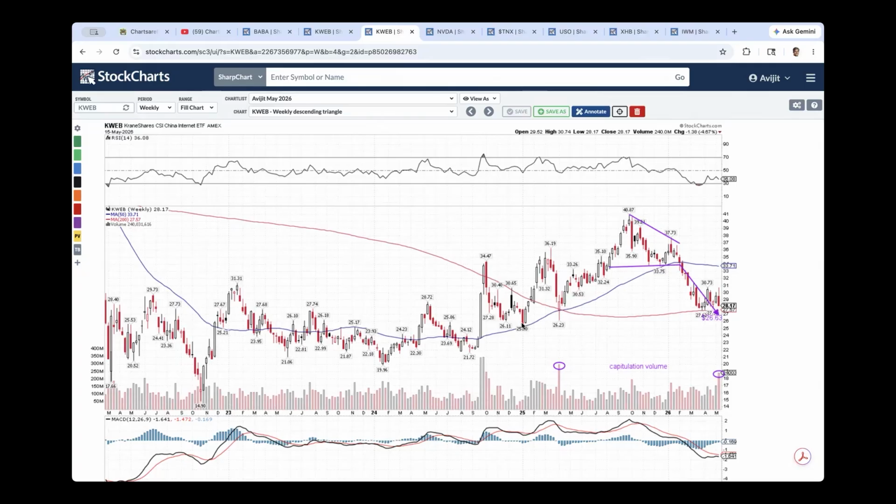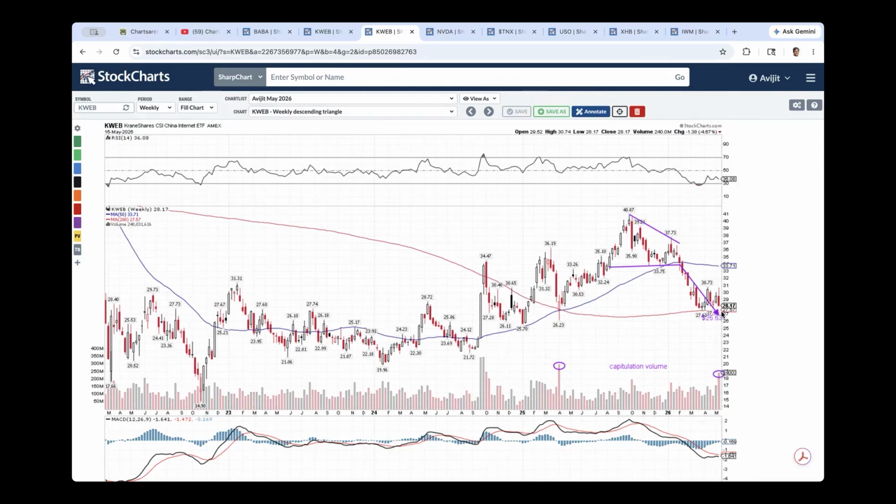That's not too far from the 26 level that it has tested in the earlier part of 2025 into February and then into the April timeframe. So there is a possibility. Now, if you look at when that last bottom formed, capitulation volume, a volume spike happened. This is a weekly chart. That particular week in early April, a capitulation volume happened when the bottom formed. Similar kind of capitulation volume can be seen here, telling us that we might not be too far from a key bottom and then a reversal.